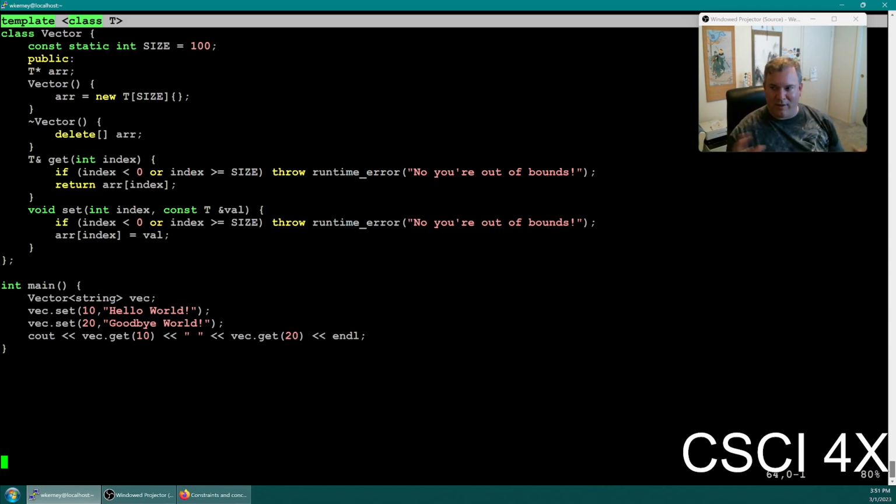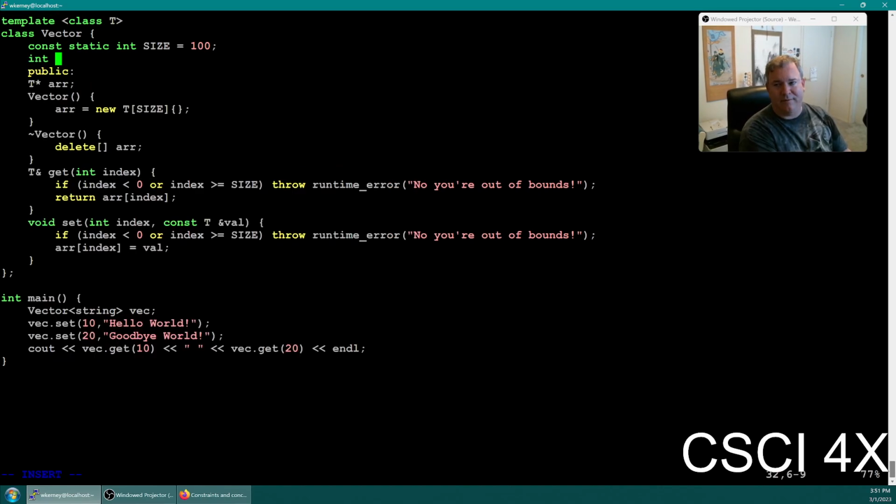Like if that's sort of the relationship of the objects you have in the world, inheritance makes sense. Anytime you have a has-a relationship, though, templating is usually the better way of going, right? So is-a, use inheritance, and has-a, use composition and templating. So for example, a vector has an int